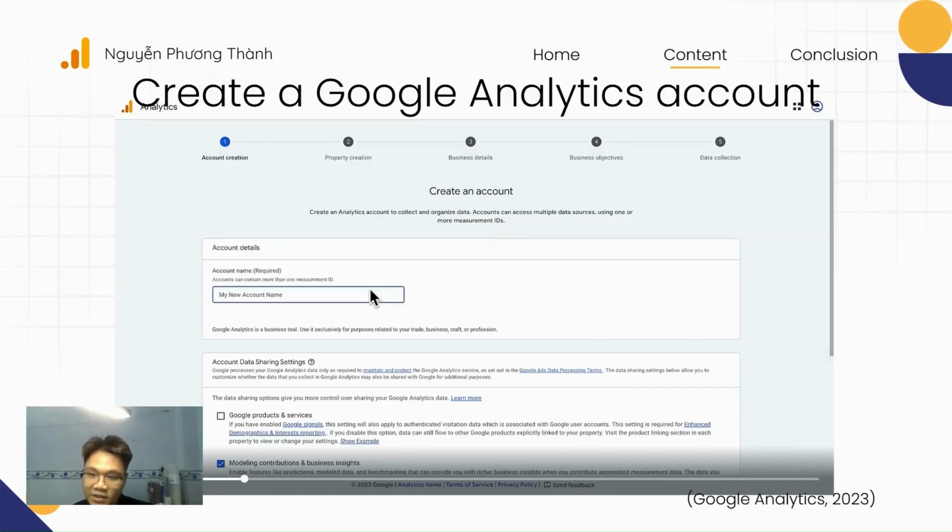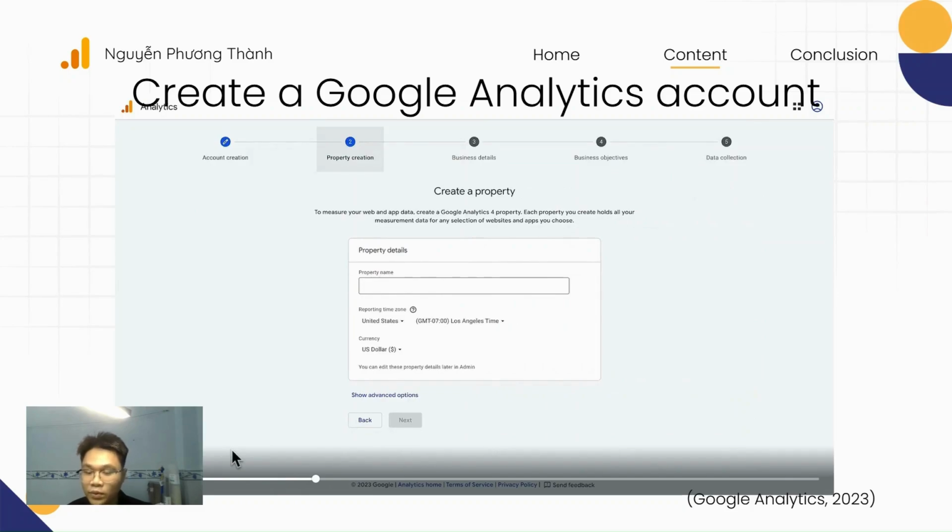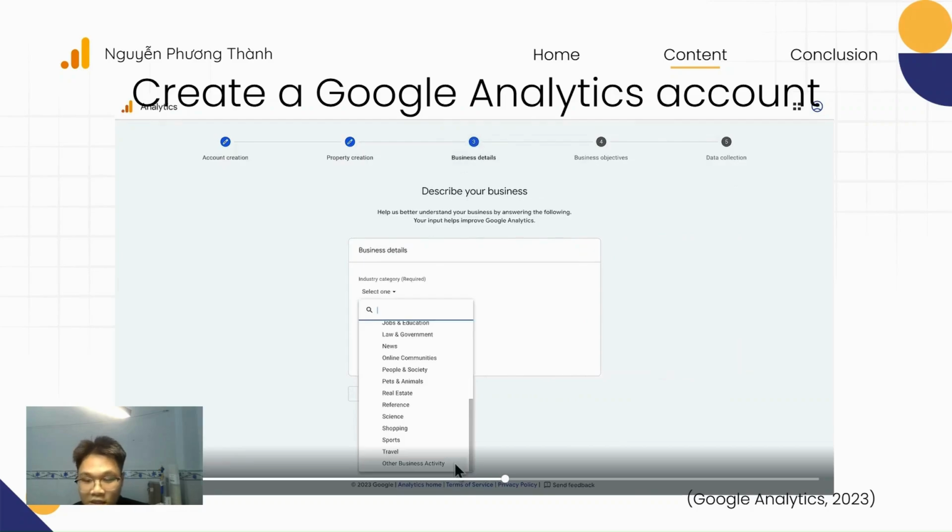We'll name our account My New Account and then scroll down and select Next. You can create multiple properties under an analytics account, but most small and medium-sized businesses will have a single account and property, depending on structure for things like lines of business, parent entities, and more. Name your property and select the time zone and currency for your reports. Then you'll answer a couple of basic questions about your business. Let's say we are the medium-sized business. And then click